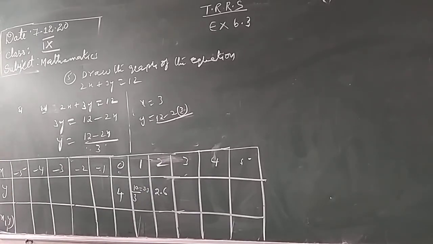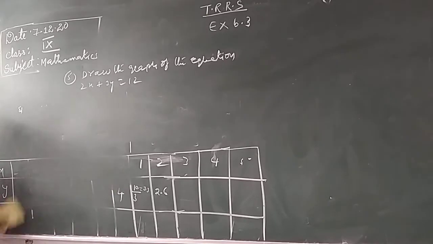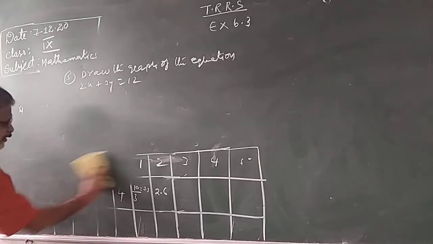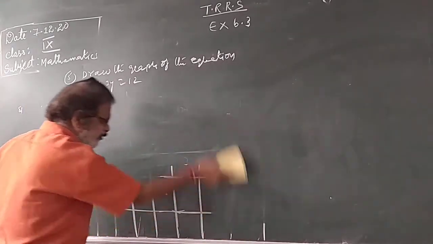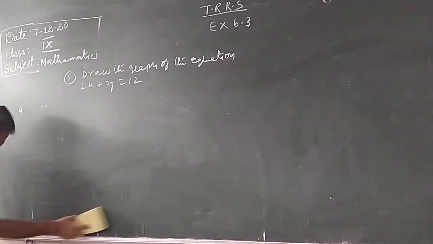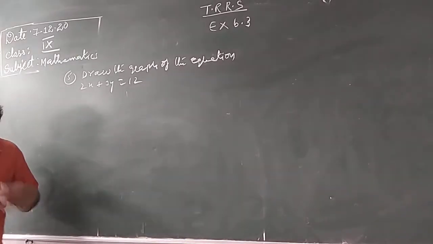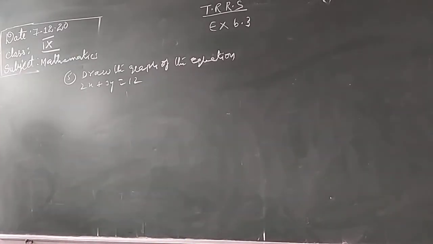Otherwise, do like this. I told you clearly an easy method. Like this you can do it. In the very first class itself, I gave you an easy method. When the equation comes in fractional form, you should get the values in complete figures. Complete figures means not decimals: 1, 2, 3, 4, 5 like that, not 3.5, 3.6.